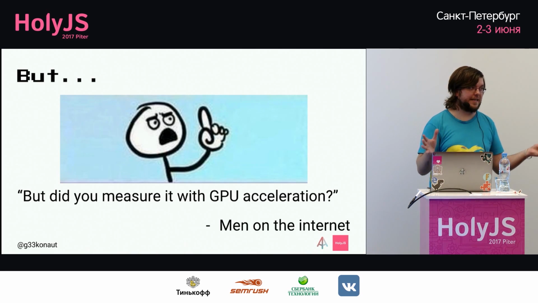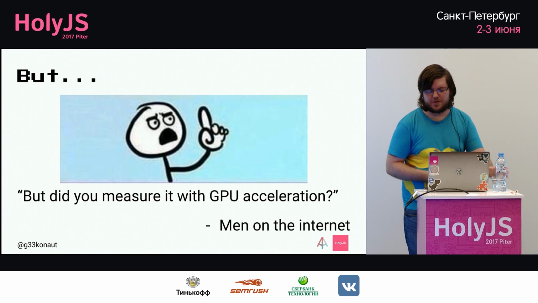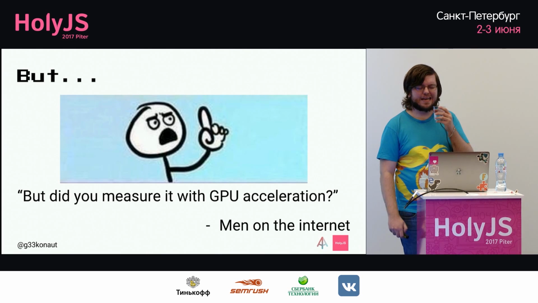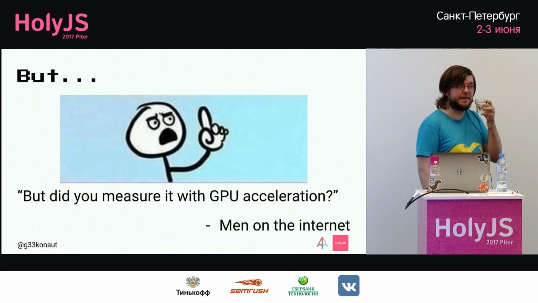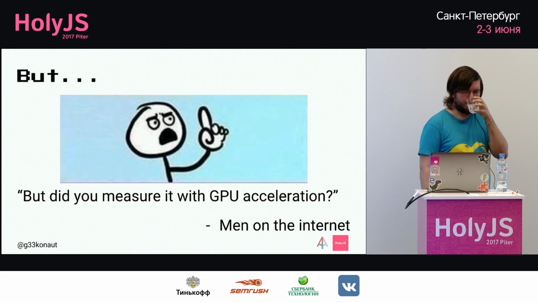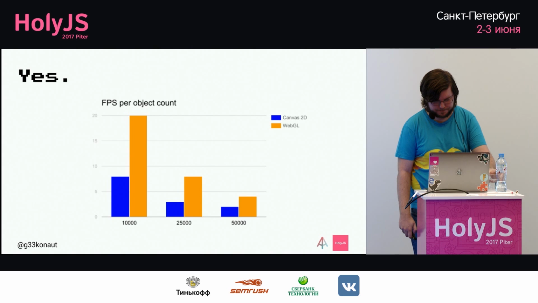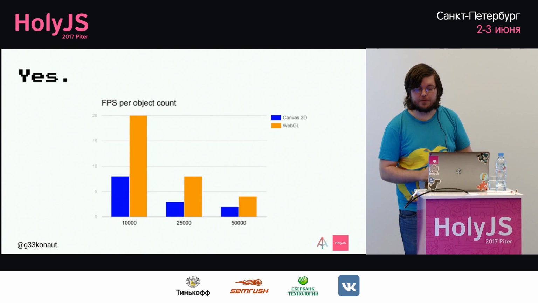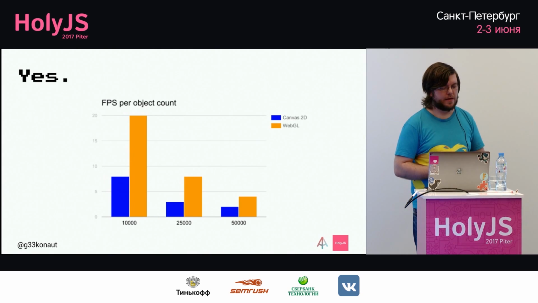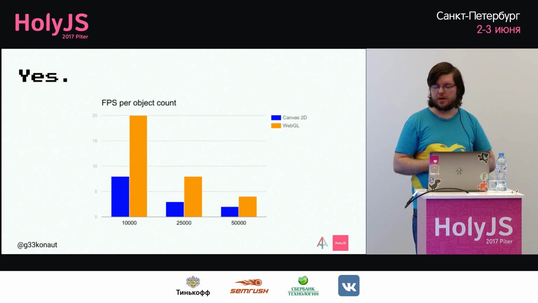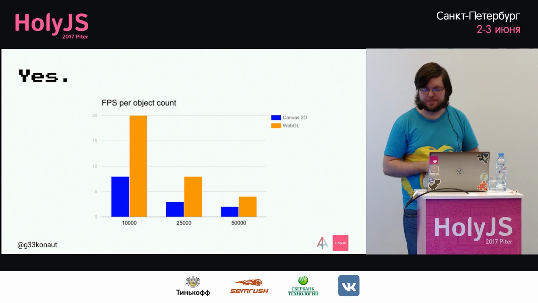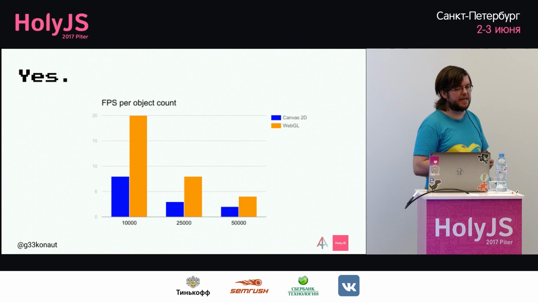Also, what the fuck is a technical term, obviously. So, moving swiftly on, people are like, yeah, that's very nice, but maybe what if you use Canvas 2D that is hardware accelerated? Okay, sure. We are doing better in that case. So, we can actually render 10,000 objects or 50,000 objects. That's not a problem. The problem is that,